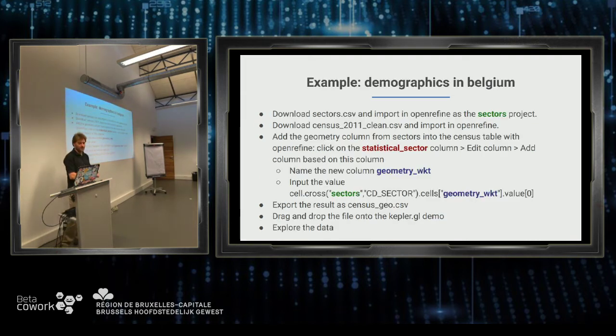And more precisely, what we'll do. So we'll start with this sectors.csv file, and then we'll use a file that I prepared, which is called census 2011 clean.csv. As the name implies, it's not straight out of the official statistical office website. It has been cleaned in a way that it really has, for each statistical sector, a bunch of numbers, which is the average age, the average education level,